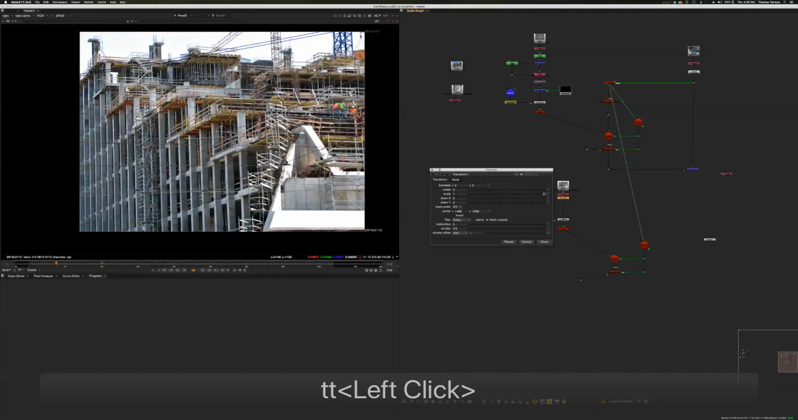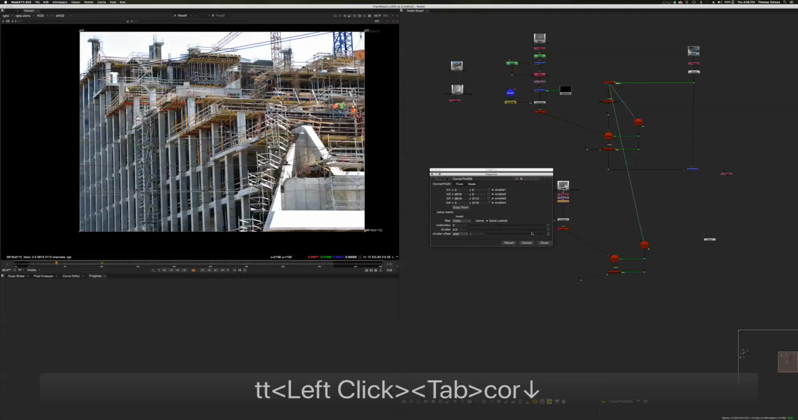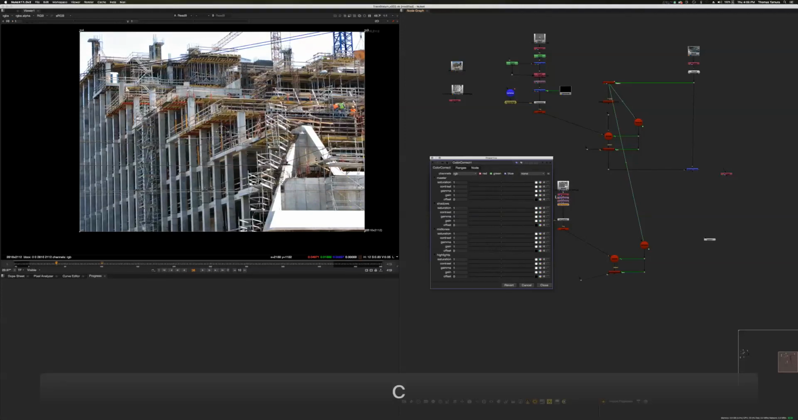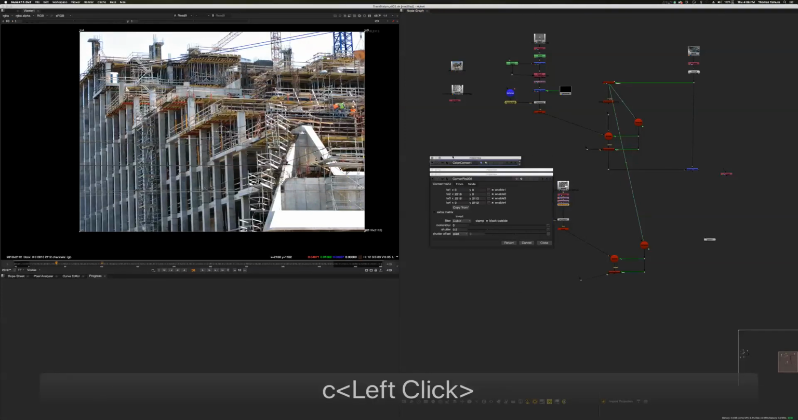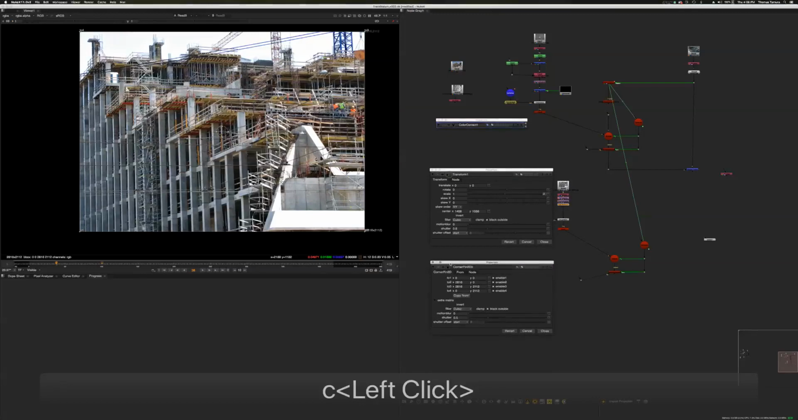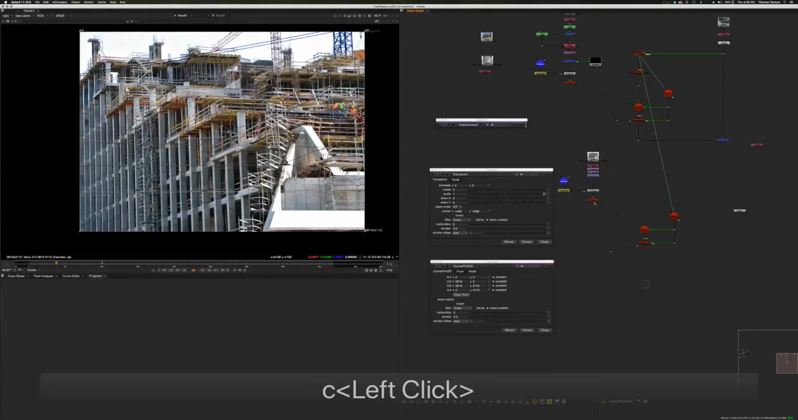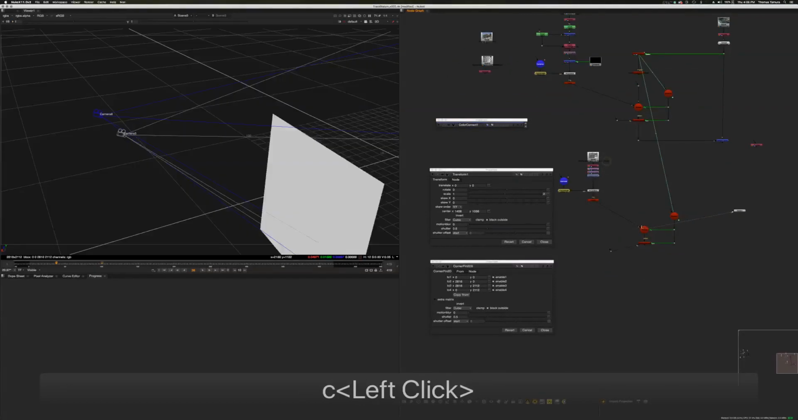T for transform. Let's put a corner pin on there. And let's go ahead and put a color correct on there as well, because we'll end up color correcting it too. So there's that. Here's a corner pin and a transform. So let's look in 3D space now